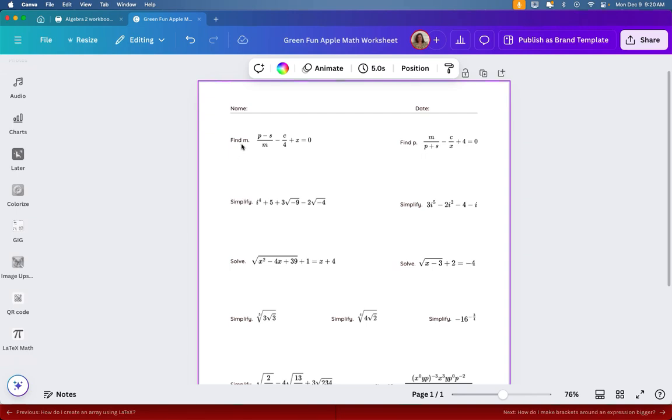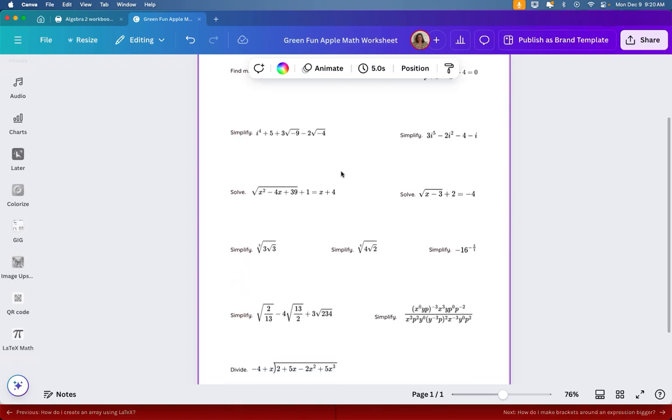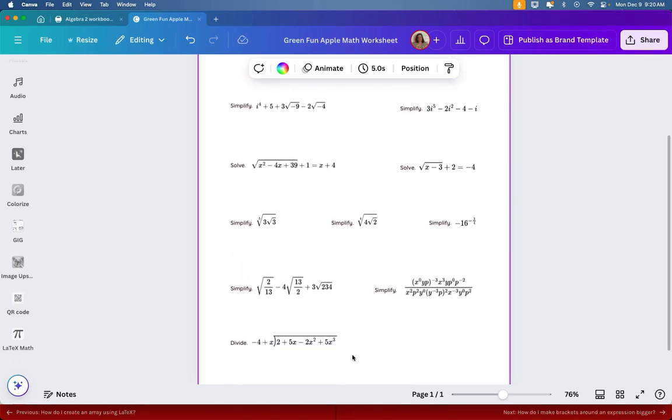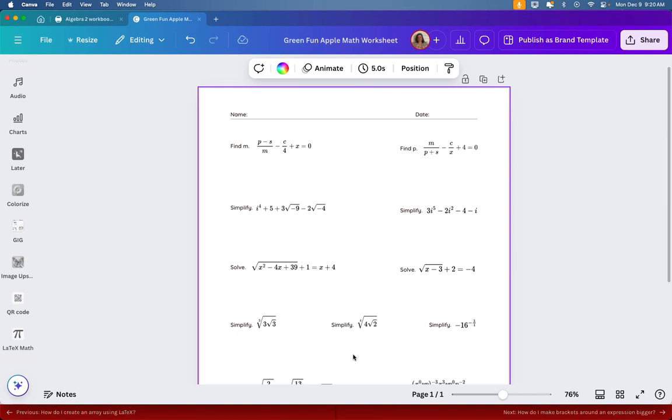So because it's text and LaTeX, it doesn't want to combine it like it does up here where it lets you group it together. So what I'm going to do is I am going to adjust based on the type of problem. And this is where you can kind of play with it a little bit,